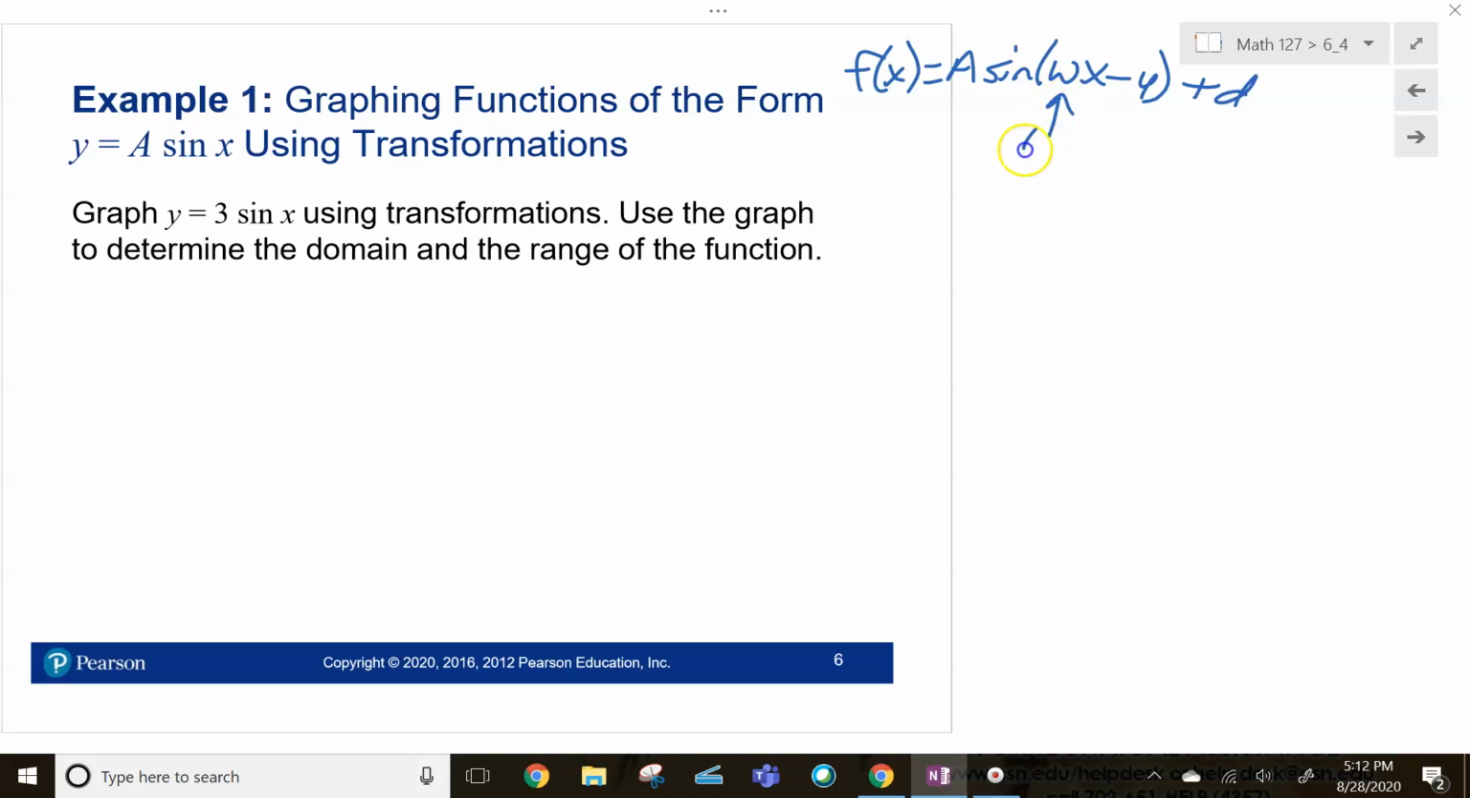By the way, this is called omega. We'll discuss that later. Phi, we'll discuss that later. This is what we're going to change right here. So if you remember from pre-calc,